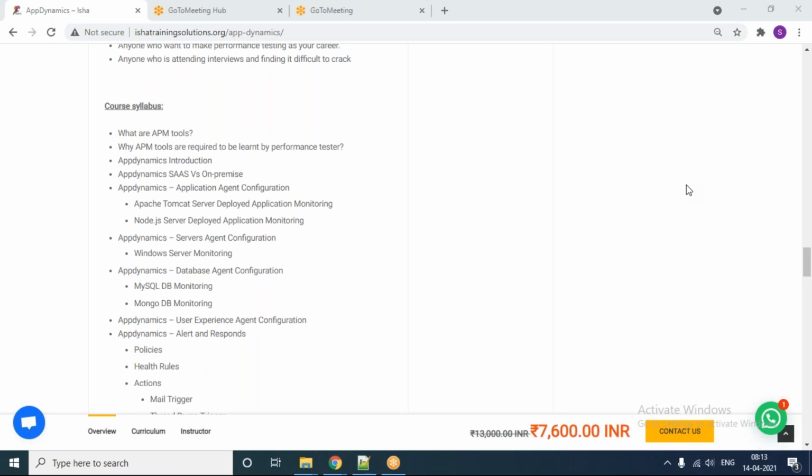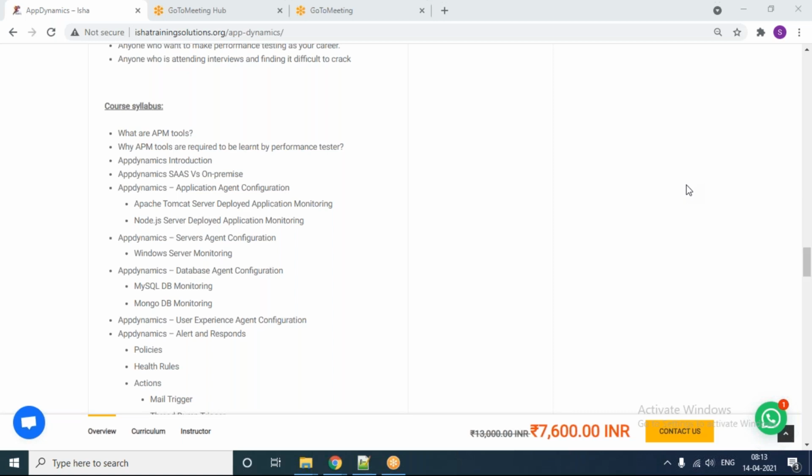When you are doing the performance testing, if you monitor in the APM tool, your AppDynamics APM tool, along with the load testing, you can see whether you are getting optimum CPU utilization or memory utilization. If it is not optimum CPU or memory utilization, what is the meaning?